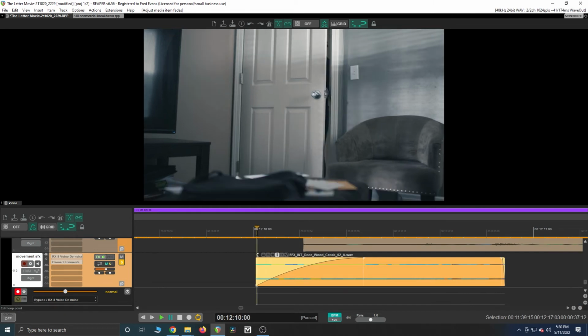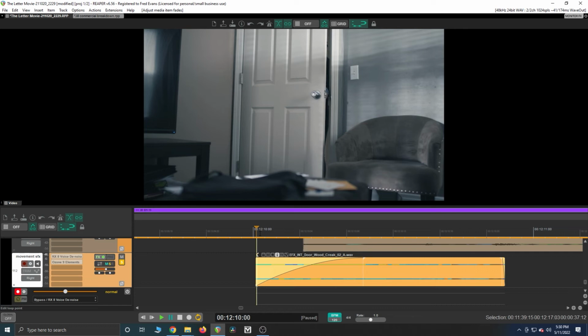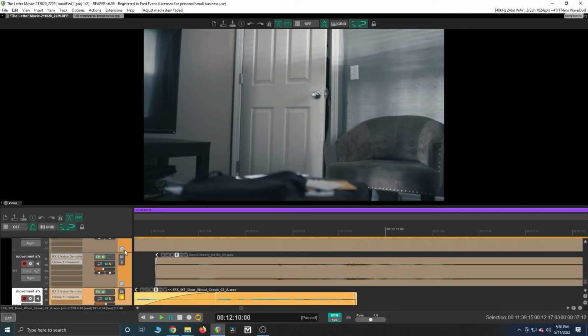And then I had another wooden creak, but a different kind. And it sounds like she was kind of in a hurry, but she still wanted to be sneaky. So that's the actual creak, followed by the actual door sound, which happens here.